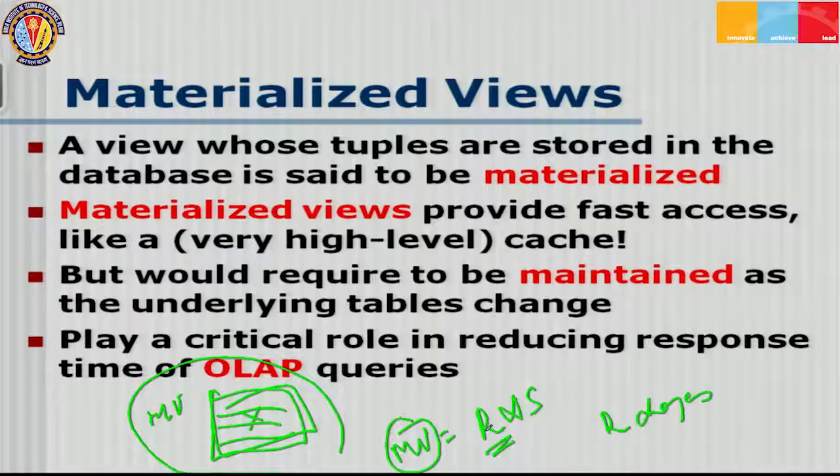So you may have to modify this MV according to the changes in R. Similarly, S can also change, or both can change. So how are you going to maintain this copy of data that you have created through a materialized view? That is what is called maintenance. So every materialized view would need some kind of maintenance,